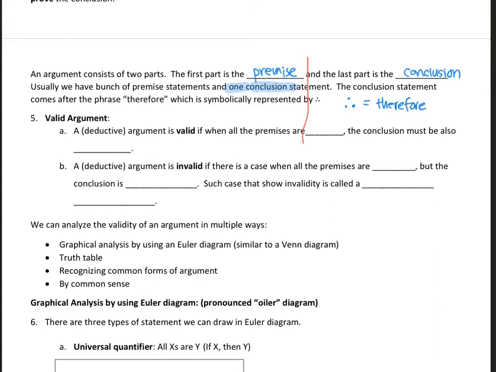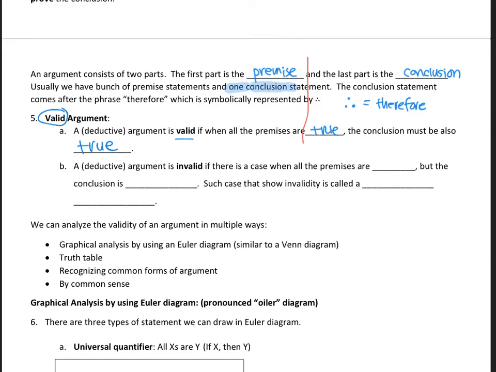So what's a good argument and what's a bad argument? Here, instead of saying good and bad, we're going to say a valid argument. So here I'm going to circle this. An argument is valid if when all the premises are true, the conclusion must also be true. If all the premises are true, then the conclusion has to be true,